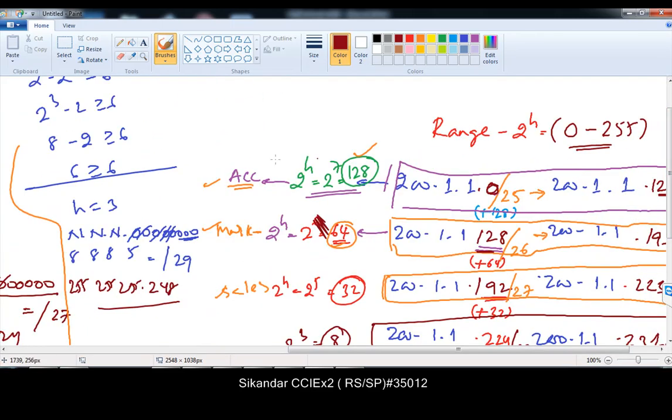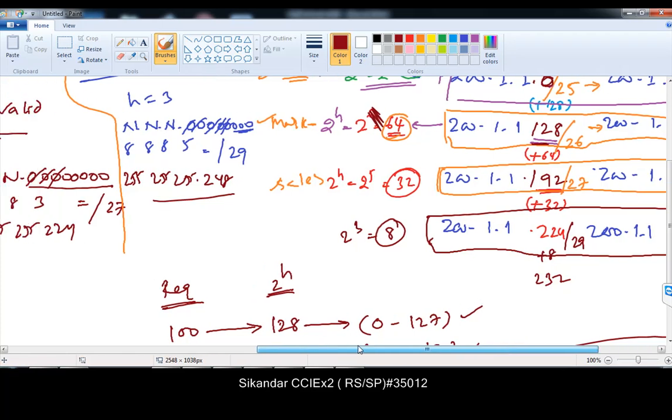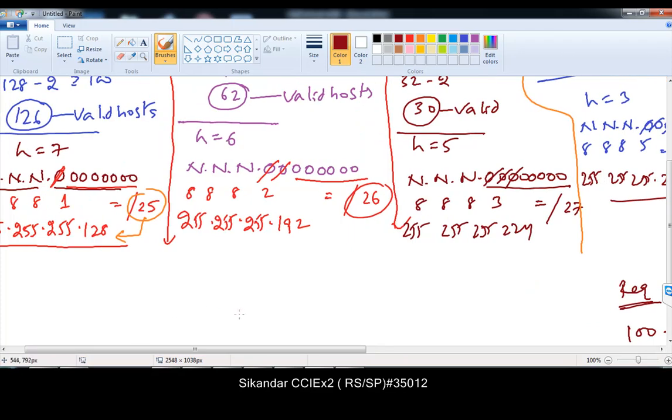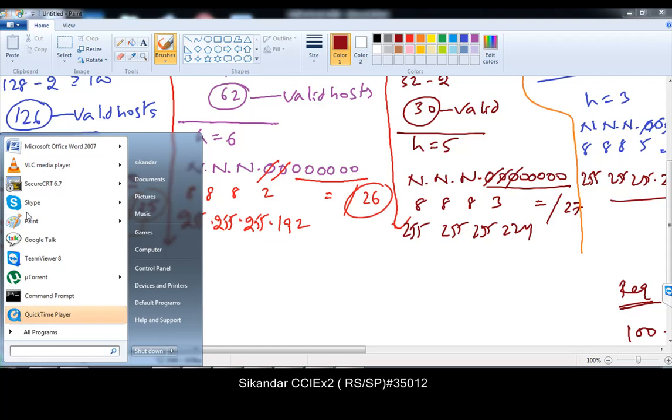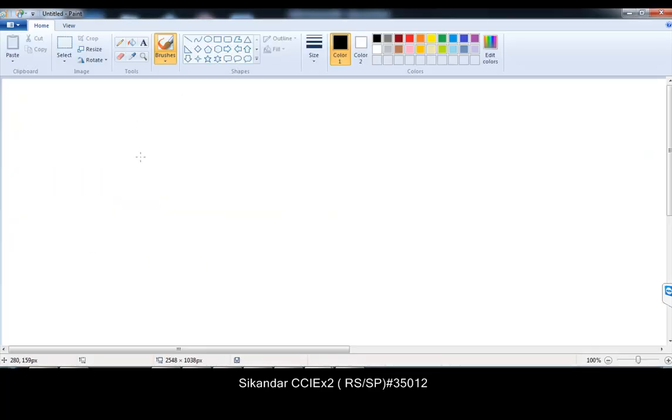Okay, so now the next thing, just make sure that you practice this example, and once you have practiced enough, the next thing I'm going to do is use the same method, the same requirement, but this time I'm not going to use the step-by-step method. The same question, the question remains the same. The requirement is 100 hosts,